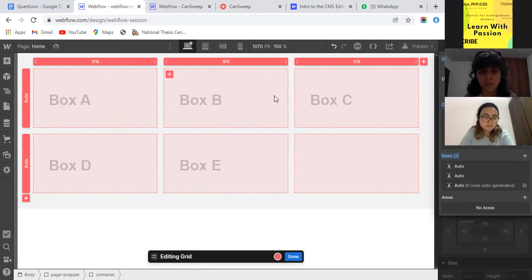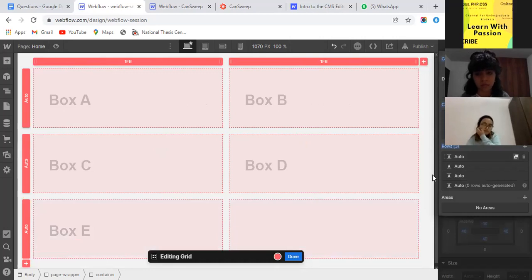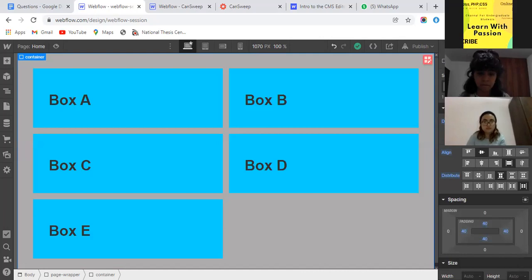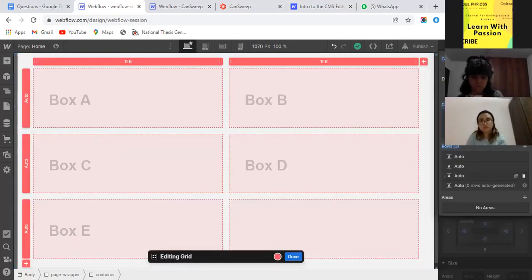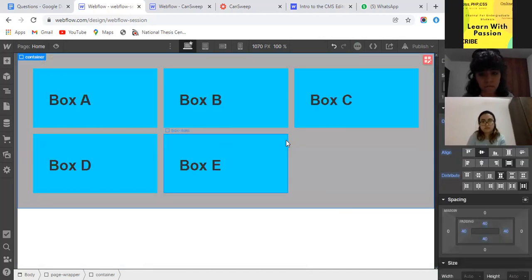You can see there is 3 on the first and 2 on the second. If you want to change something, you can play with these boxes, like now I just change this in this view. Similarly, I can do something like this. You can say that using grid, you can control rows and columns at the same time, but with Flex you can control one thing.